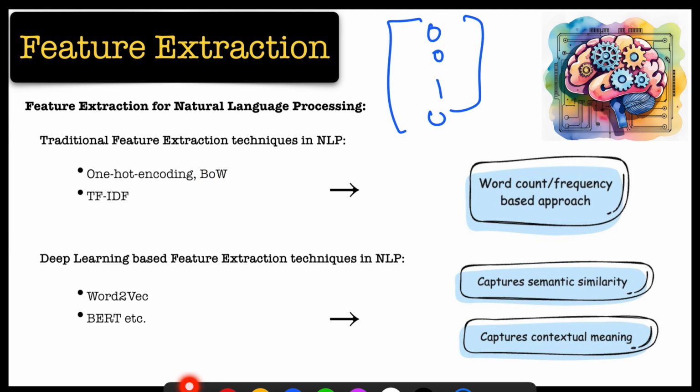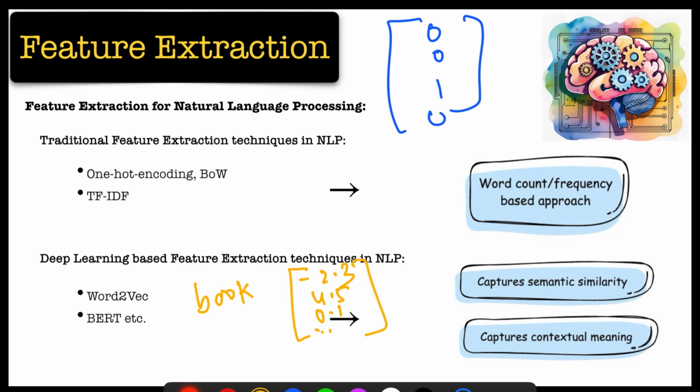Similarly, bag of words, TF-IDF, all this we'll discuss in our NLP feature extraction video. Next comes deep learning based feature extraction techniques like Word2Vec, BERT, etc. So, what is Word2Vec? Word2Vec converts any word into numbers, into vectors, right? So, let's say you take one word, book. It will convert it into some vector like this,